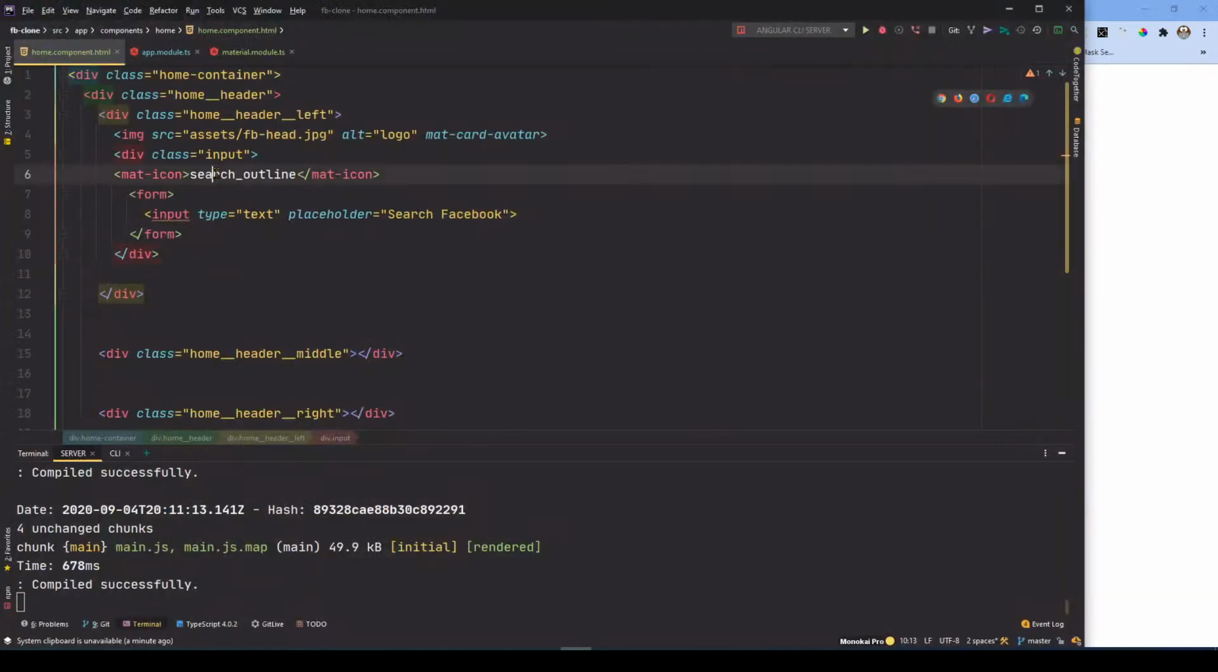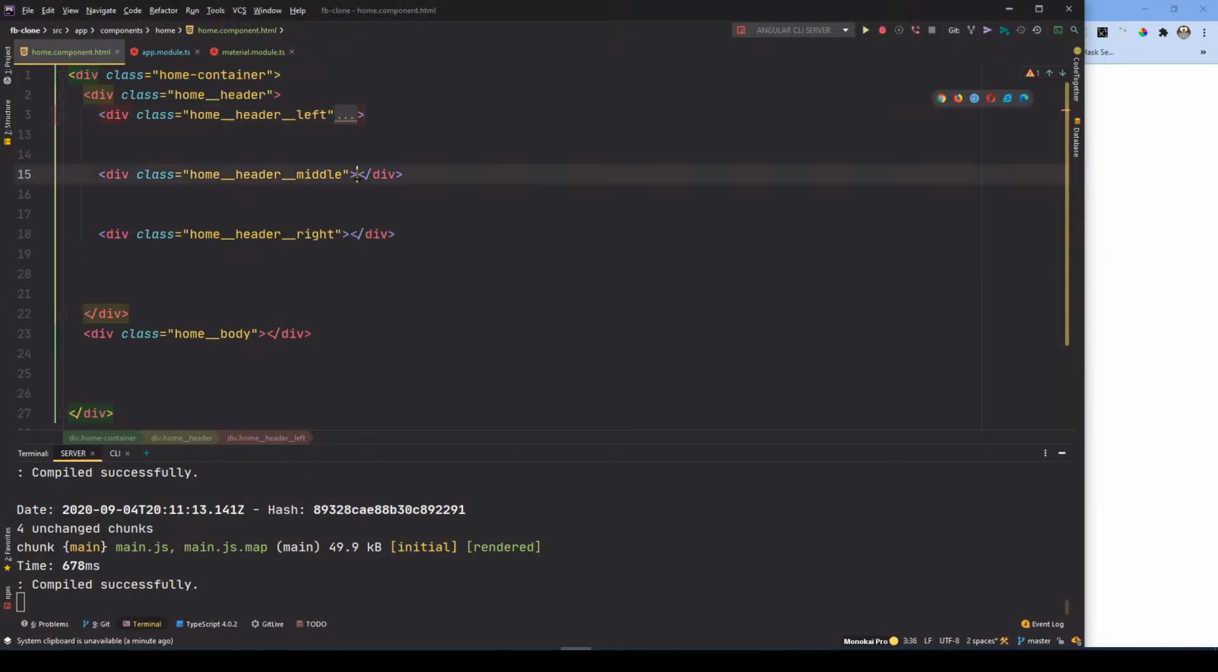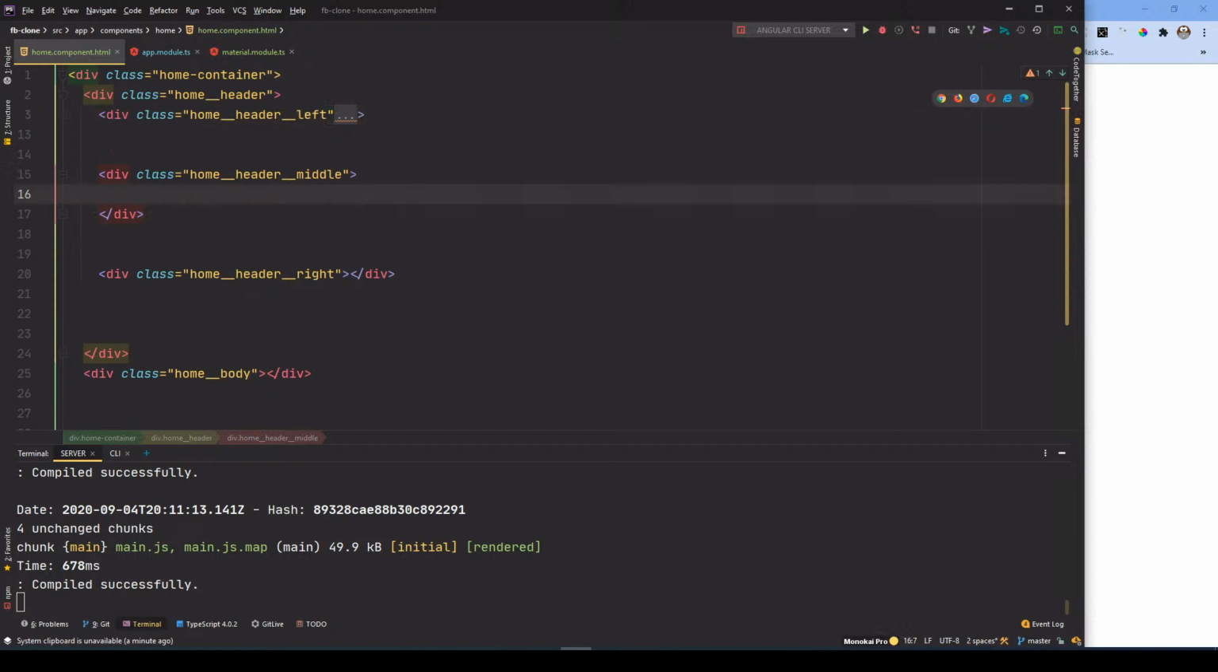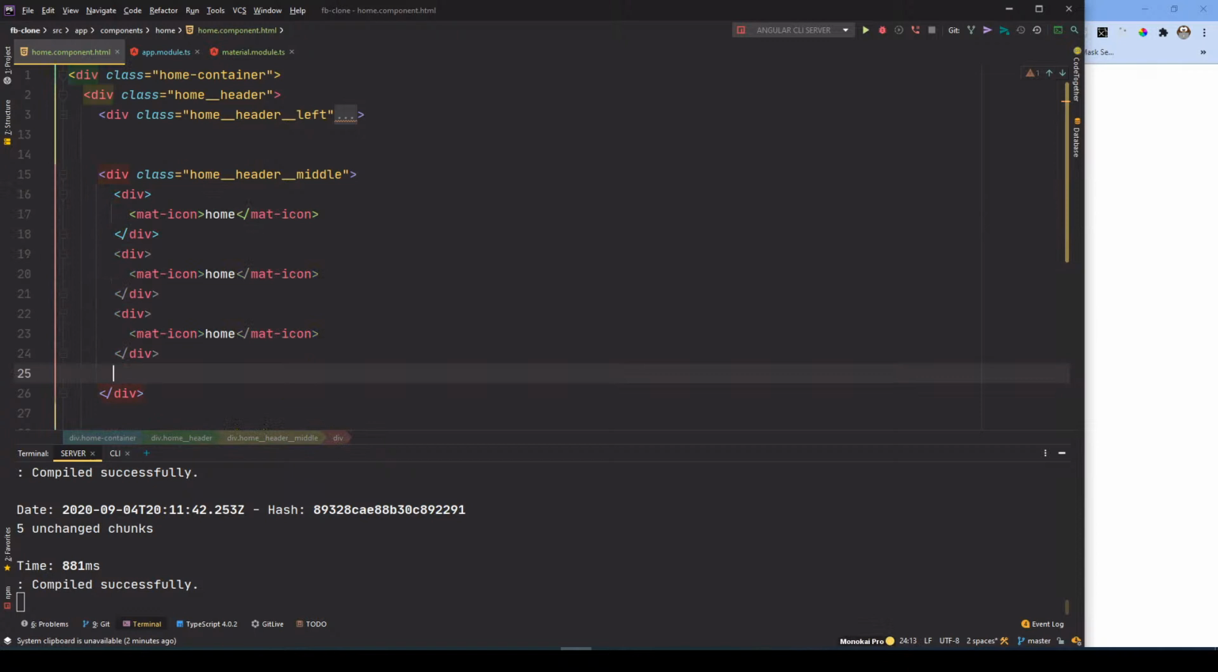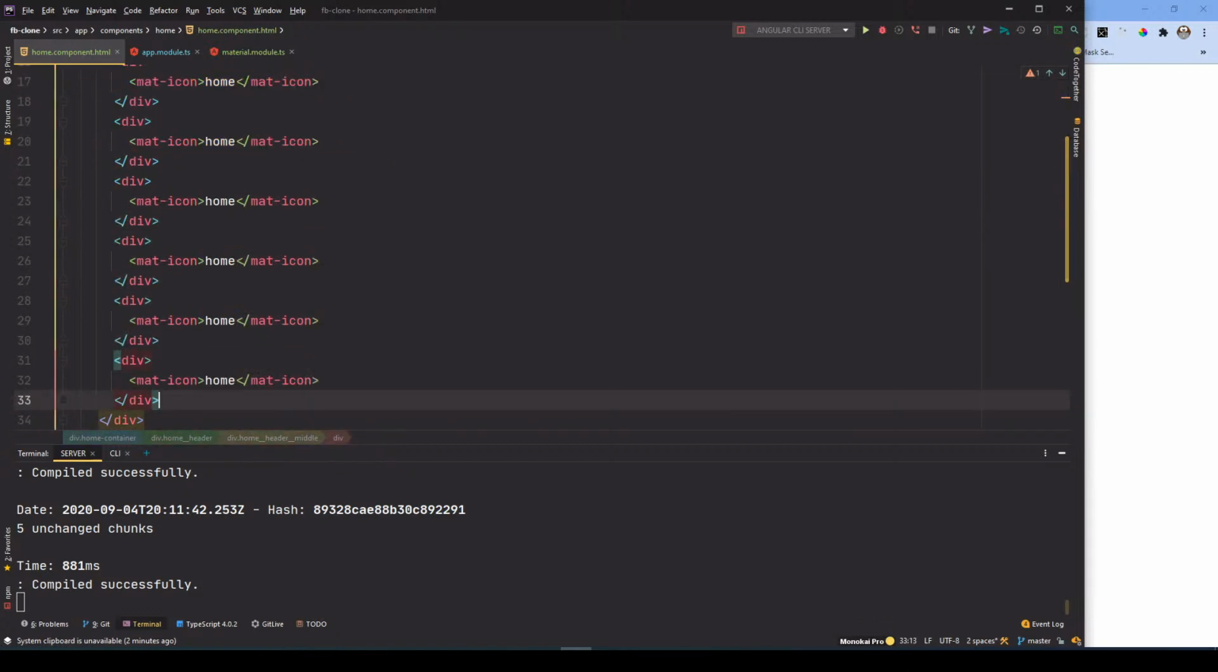So this is done. Left section, minimize, go to the middle one, and for the middle we have a few divs. One will have active class, active. Okay, so I'll remove the class as of now. I'll create the structure first. So I'll use the mat icon home. I'll copy this 1 2 3 4 5 6,